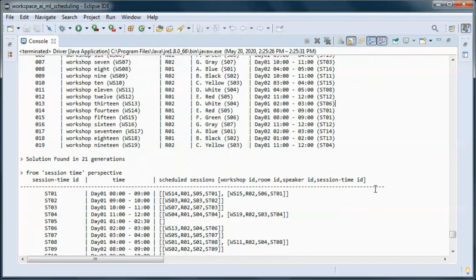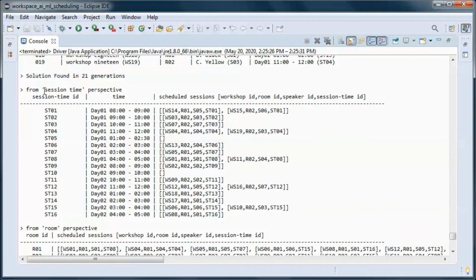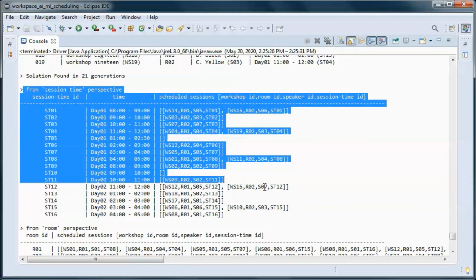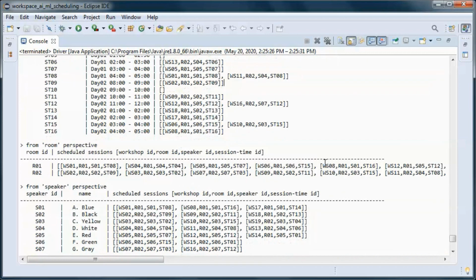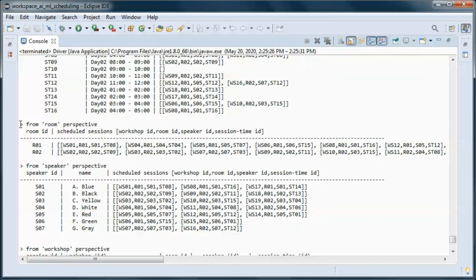And here we are displaying this schedule from the session time perspective. So in day 1 from 8 to 9 we have those 2 workshops scheduled, and we have this speaker and this speaker in room 01 and in room 02, etc. And this is from the room perspective.